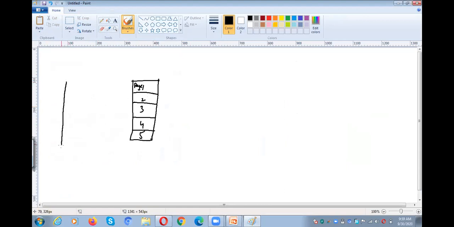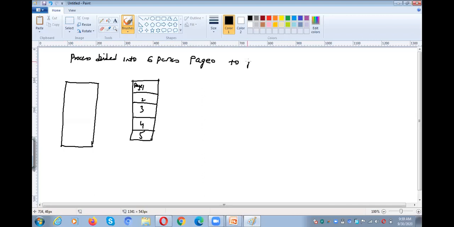And this is the page table. My process is divided into 6 pages, for example, page 0 to page 5. So this is the page table.